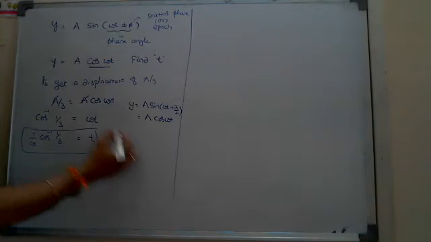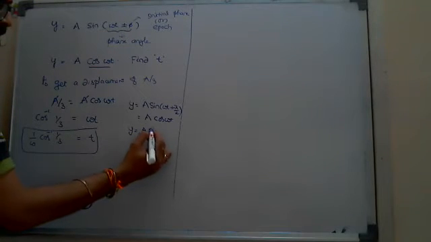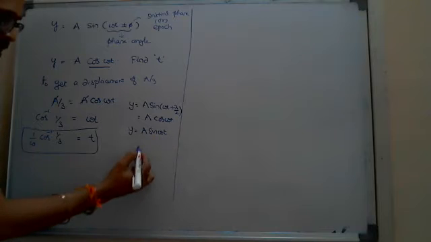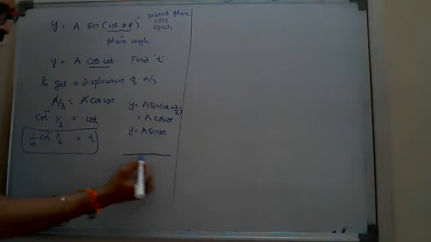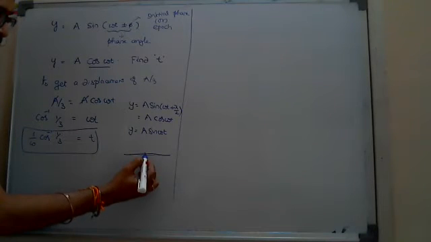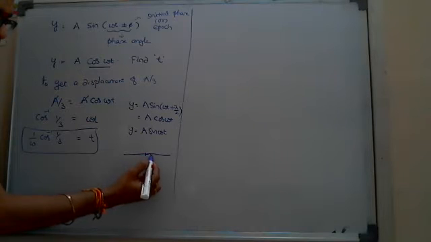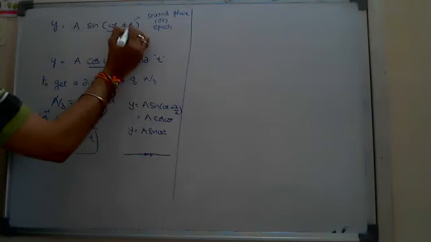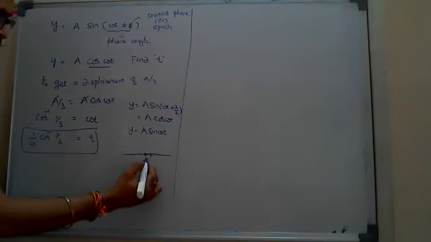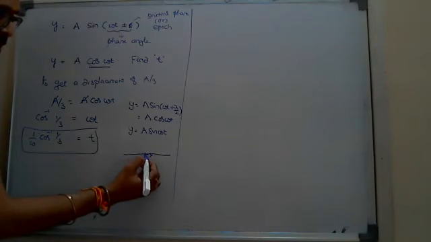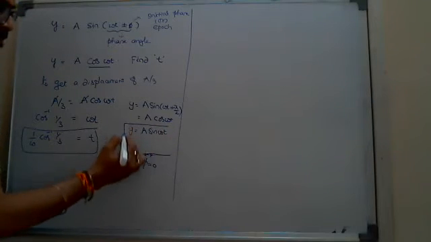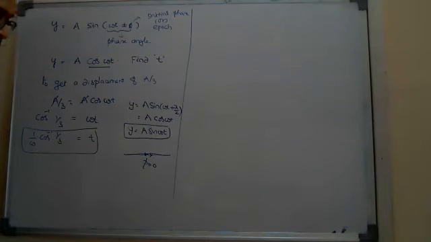Generally our reference is y is equal to a sin omega t, when the particle starts from the mean position in oscillations. Suppose this is the oscillation of a particle and this is the mean position. From the mean position, suppose a particle starts. When the particle starts from the mean position, the initial phase, that means epoch, we say it is 0 degrees, or 0 radians. For that particle only, we use this formula y is equal to a sin omega t.